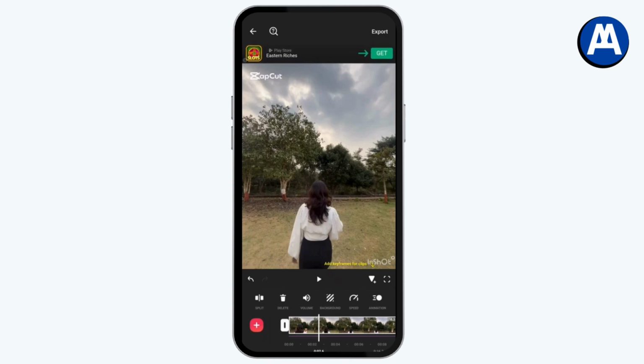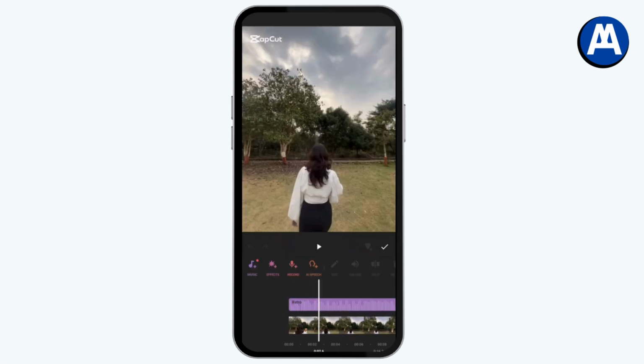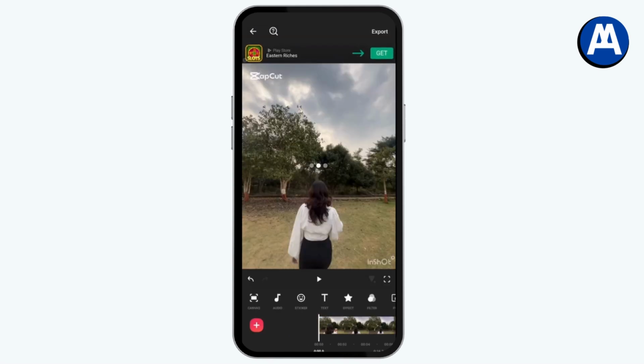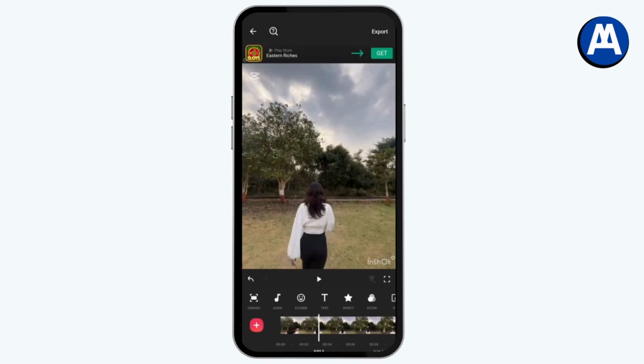But if you've added the music inside the Inshot application, then you need to go with the audio section, which is on the left side. From the audio, you need to select the music, and after selecting the music, you can swipe and then tap on delete and go with the tick which is on the top right, and the music has been removed. So that's how you can remove music in your